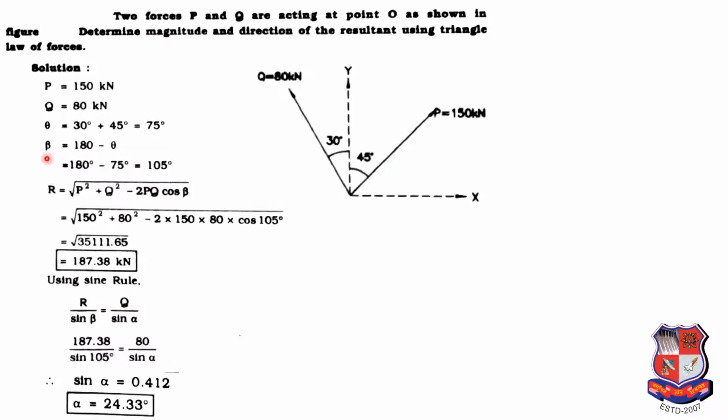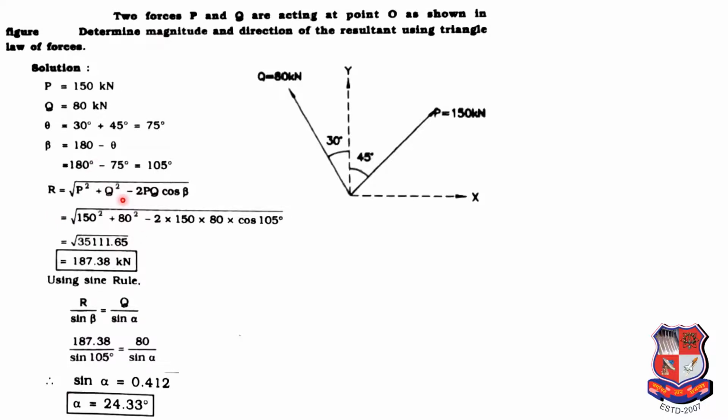And what will be beta? That is 180 minus theta. So 180 minus 75. So beta will be 105 degree. Now what we have to do? We have to go for resolution, right? So your resultant R, we have to go for the resultant. So your resultant R will be, as per the equation, under root P square plus Q square minus 2PQ